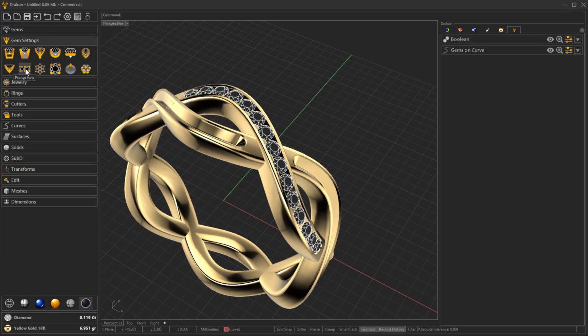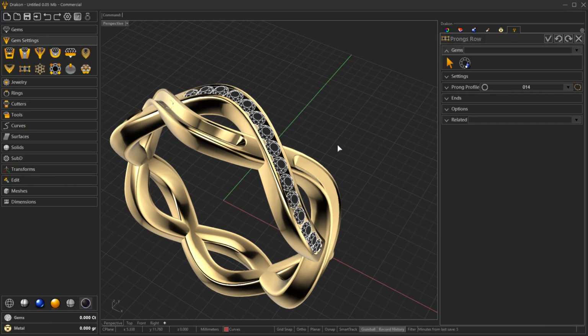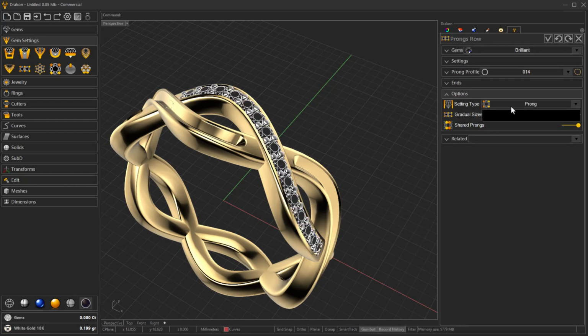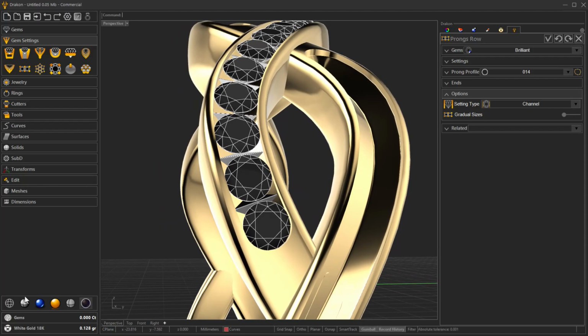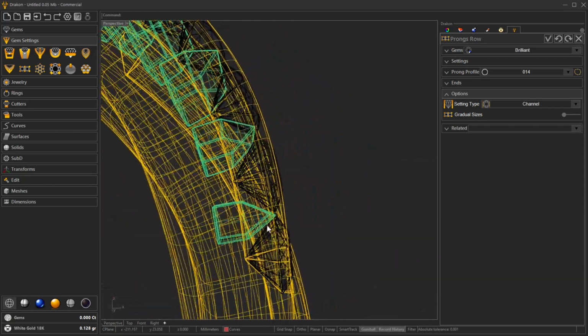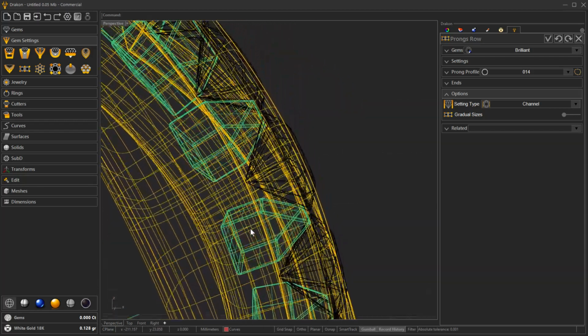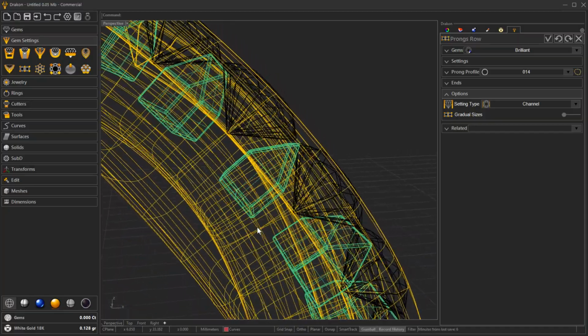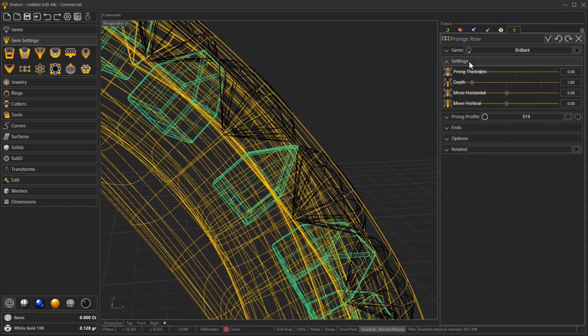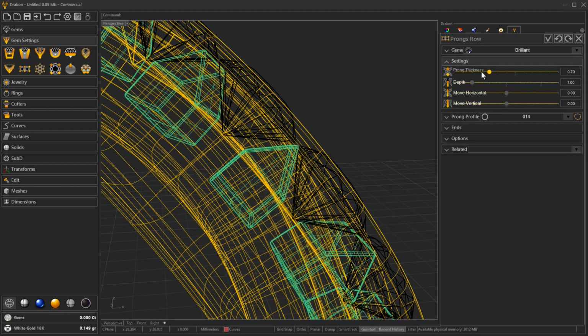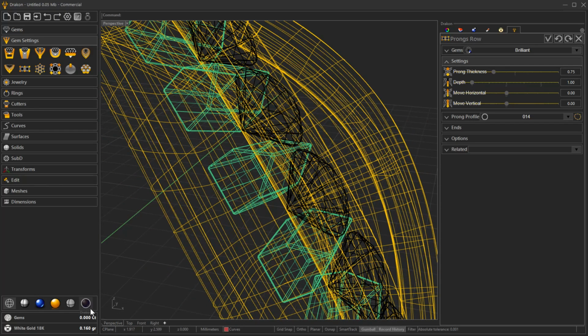which I'm going first to define the gem settings. So I'm going to use the prongs row. But in this case, the idea is to define, instead of prongs, I'm going to use the channel setting. As you can see, it will create the bars. In here, we can adjust the length, the width, and all options needed. So what we are going to do in this case, so we can adjust here a little bit the height, the thickness,